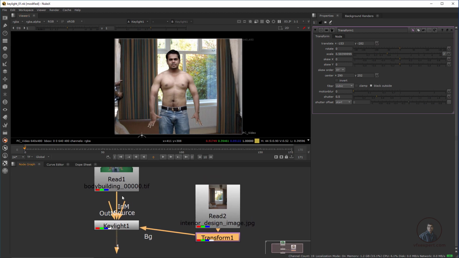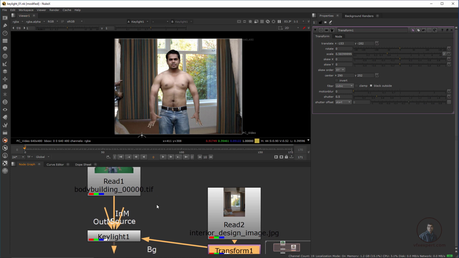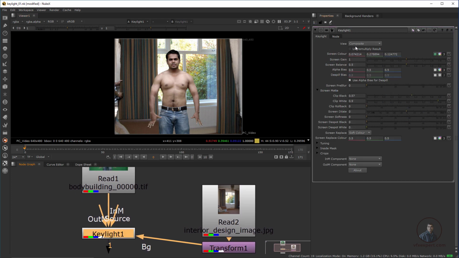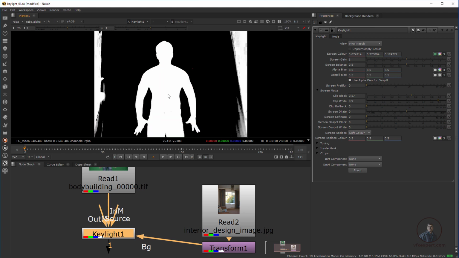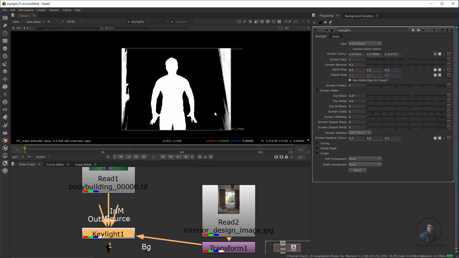Then after this I am going to look at our out matte, which is our garbage matte, and in matte, which is actually our hold matte. So how can we use all these mattes? Now again double click on our Keylight and make it final result here. Now press A here. So this is actually our garbage, which is not actually our green background. So this is our garbage. Now again press A here, so you can see this one we have to remove with the help of this out matte. Okay, so actually you can remove it.